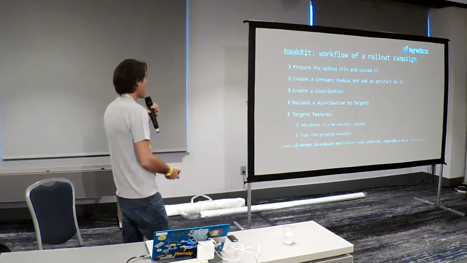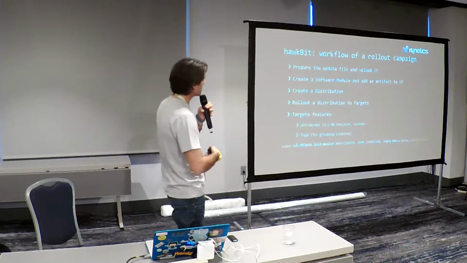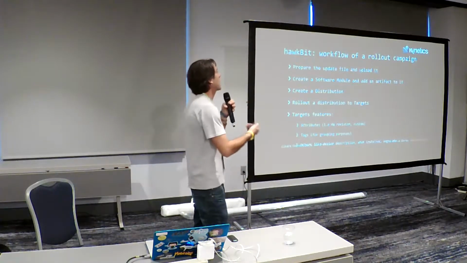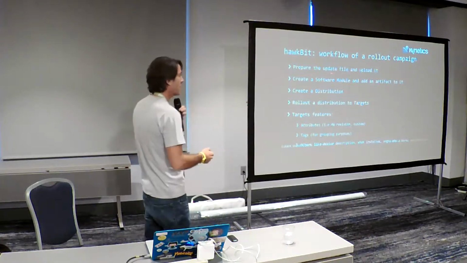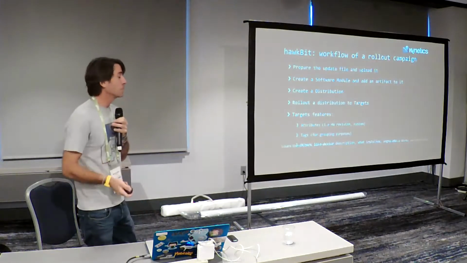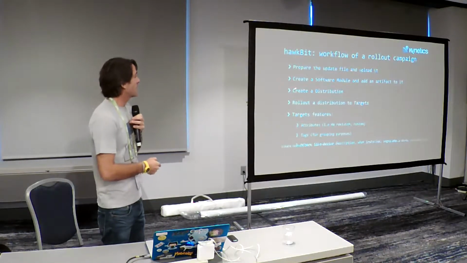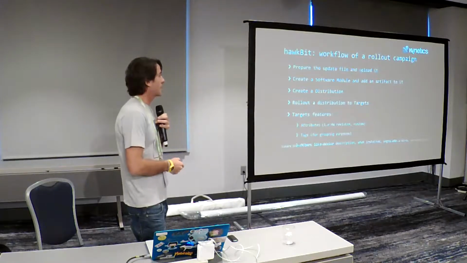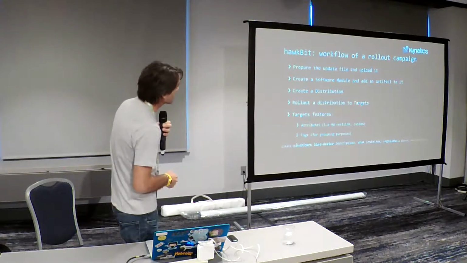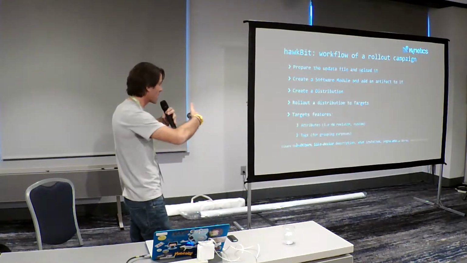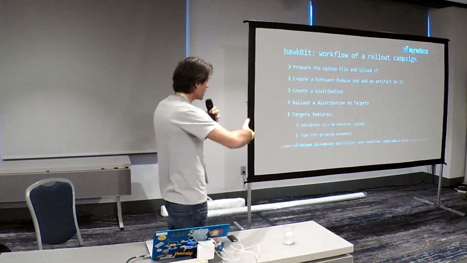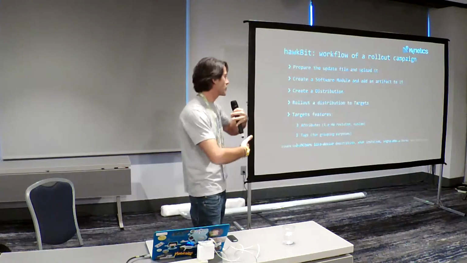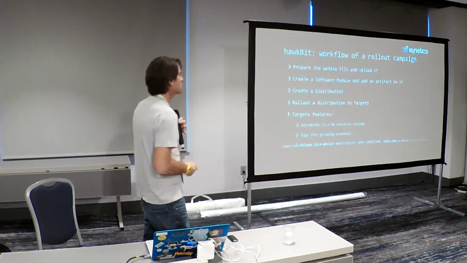Okay, so how Hawkbit operates, like how we do a rollout campaign. We prepare an update file, the SWU file. We create a software module and add the update file to the software module. So it's just like a container. We create a distribution. A distribution is just a container of software modules, and we roll out the distribution to